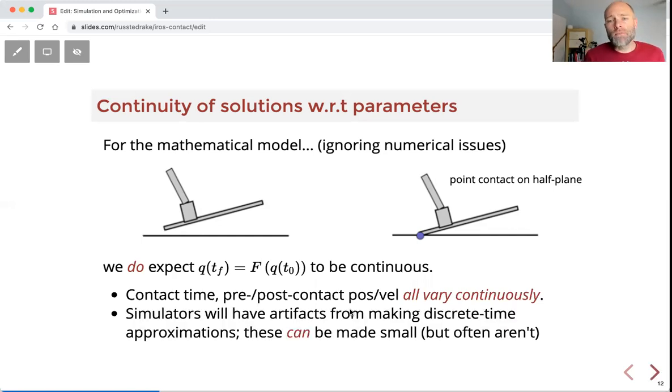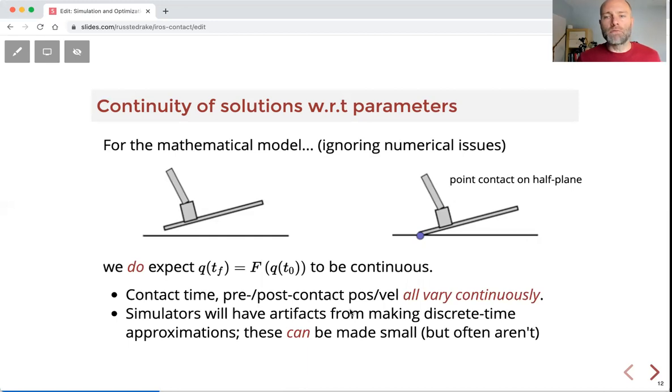Okay, now simulators have artifacts because they make discrete time approximations of all these events. And these do lead to discontinuities in our solutions. If you plot the simulation output exactly, unless you're very careful, you will see discontinuous solutions. We actually, in our simulation work, carry a burden of having both a continuous time model and a discrete time model, so that we can do variable step integration on a continuous time model and always try to do very accurate simulations so we can test our ideas and our results.